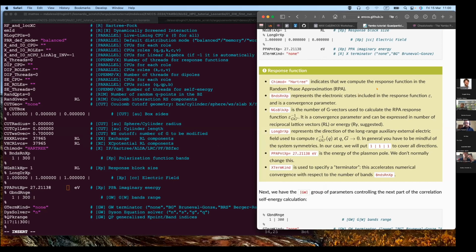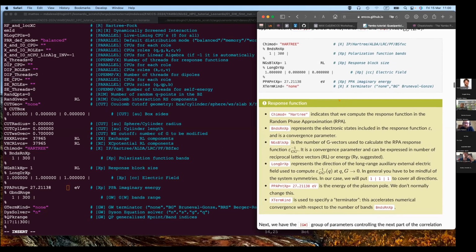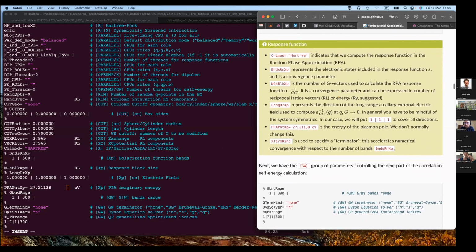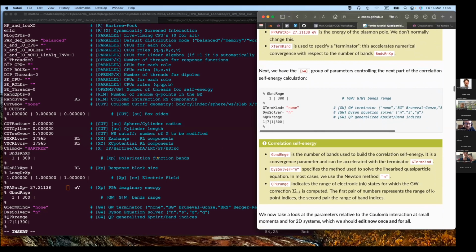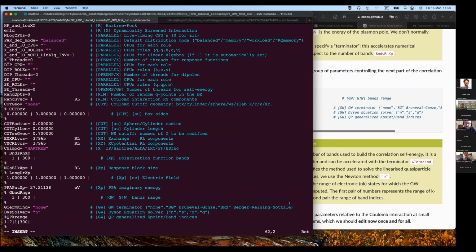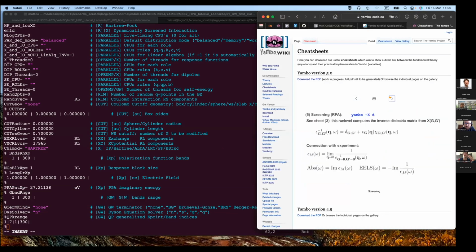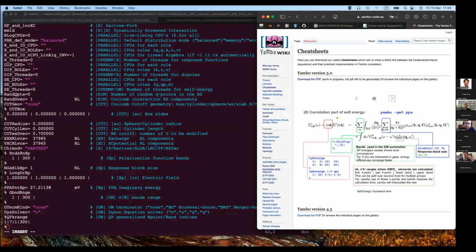Okay. I think I said everything about this. We have another block here, which is related strictly to the correlation part of the self-energy. Again, we go back into the cheat sheet and we try to identify it. Okay, it's here. So it's again a summation over all states, including the empty ones, and this again needs convergence